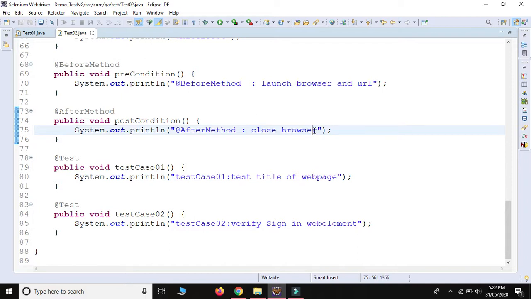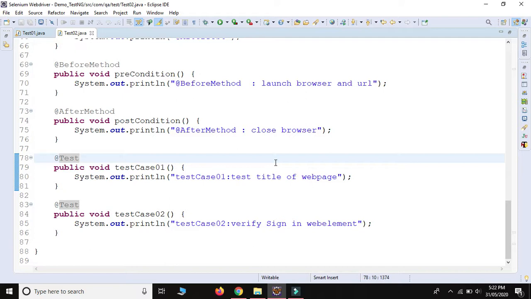This is the best approach, to close your browser every time, to avoid some cookies issues, because once we launch the browser, some cookies are loaded with the browser. So it is better, after testing whatever you need to test, after testing the test case, to close the browser, and for the second test case we launch a fresh browser. So launching the browser for each and every test case is the best approach.